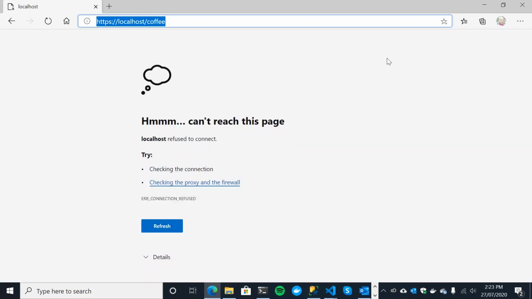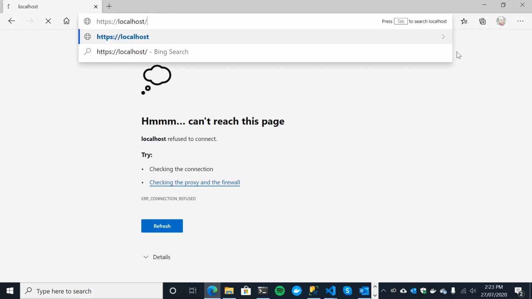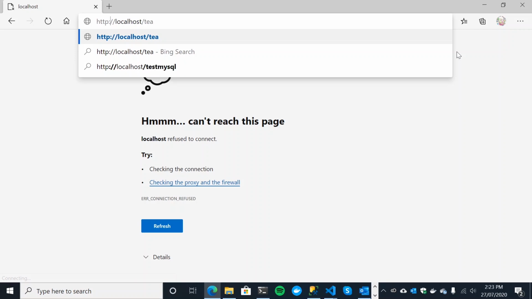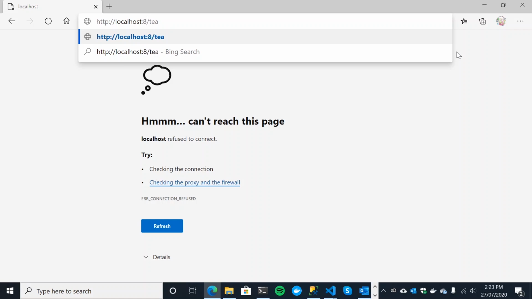So let's just pop over here and let's change the controller name to Tea. Let's change it to regular old HTTP. And what was it, 8082? 8082. And that should redirect us, and indeed it does, to HTTPS, port 8083, and we've got English breakfast, chamomile, peppermint, English breakfast. I'm trying to get, oh my goodness, did I put, there we go, Earl Grey,